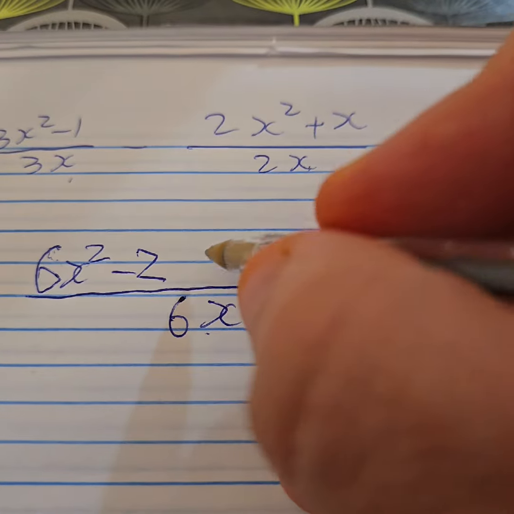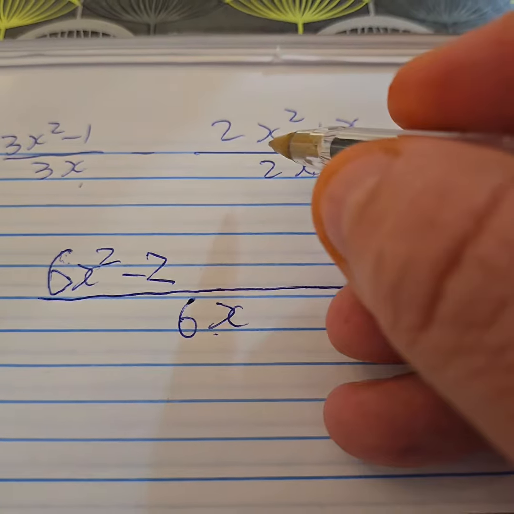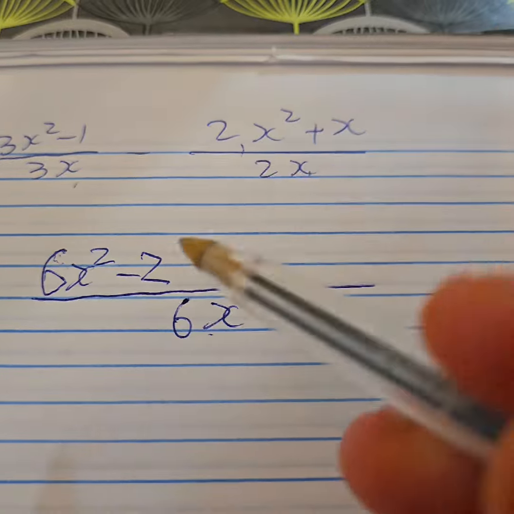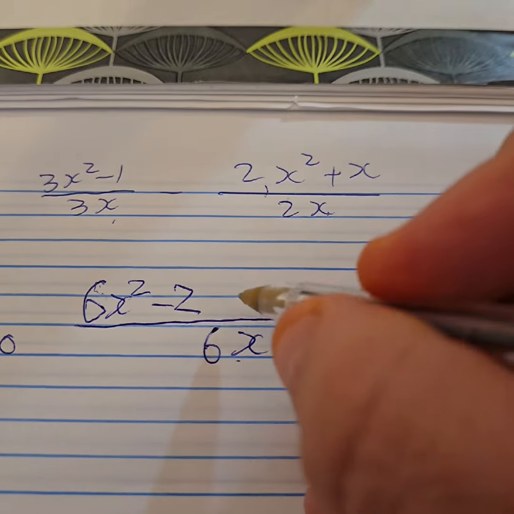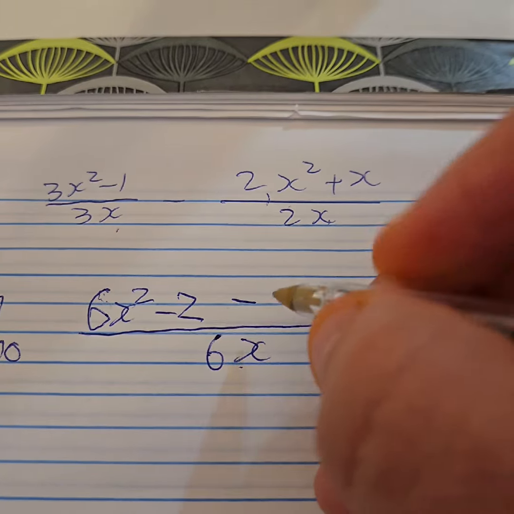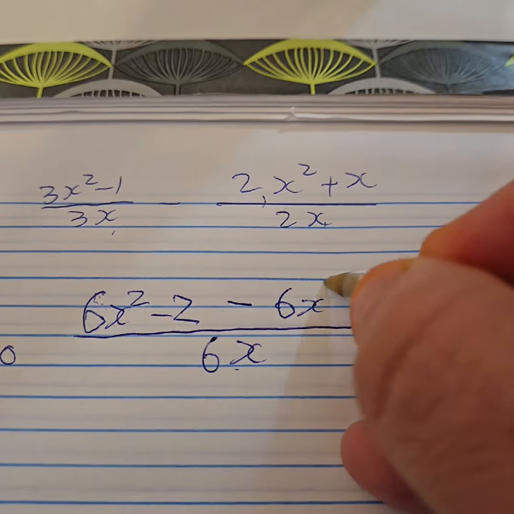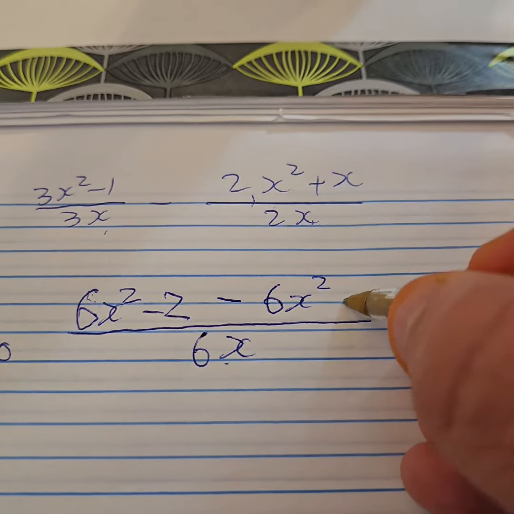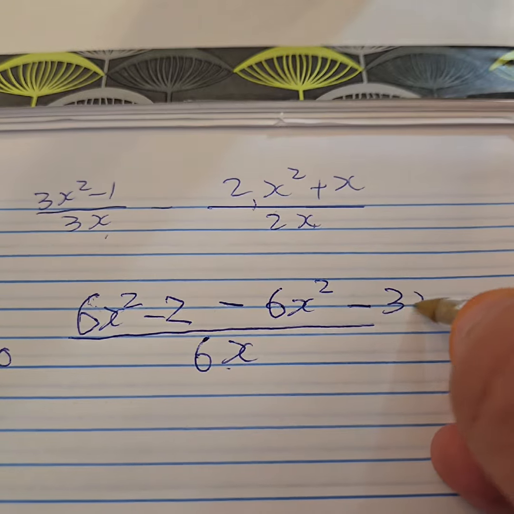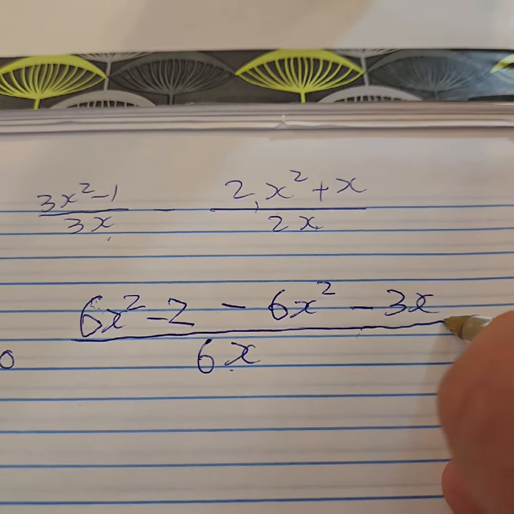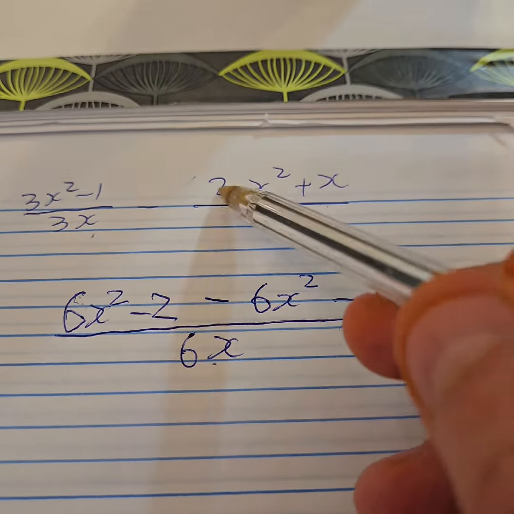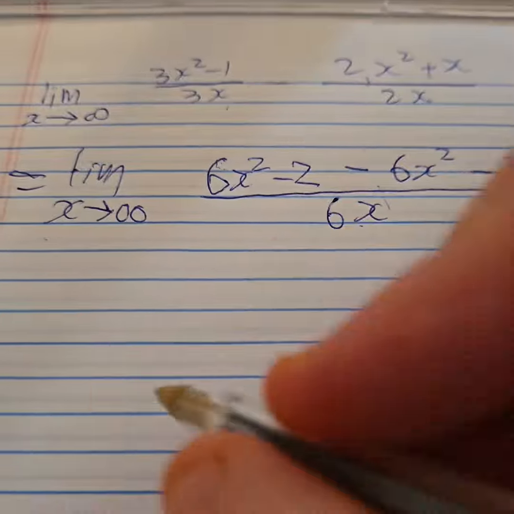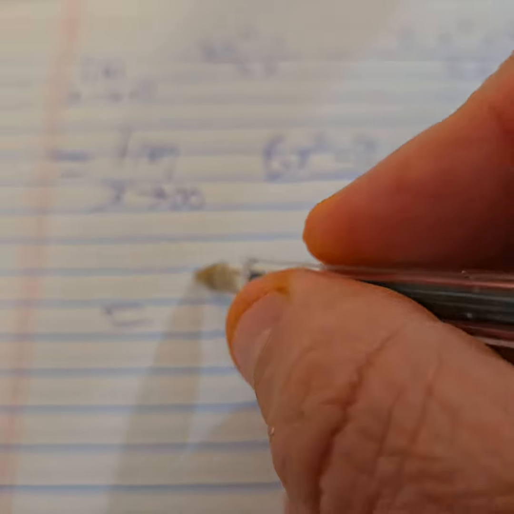Now here, I'm going to do it all in one step. I'm going to multiply it by 3, and because it's a subtraction sign, I have to change the signs. So that's minus 6x squared, and that plus becomes a minus 3x. Okay, I actually did it in one step because it's minus this bracket, and if you open up the bracket, they change the signs. Equals.